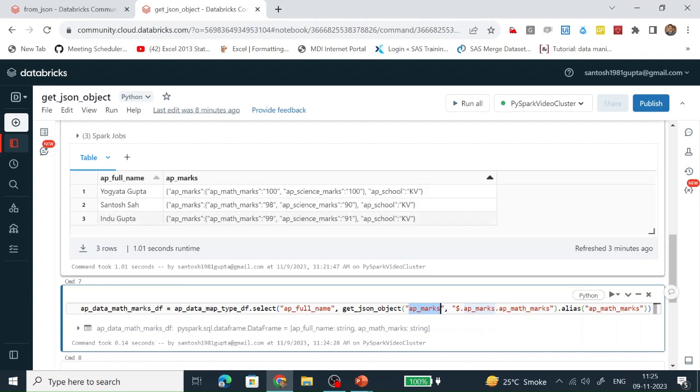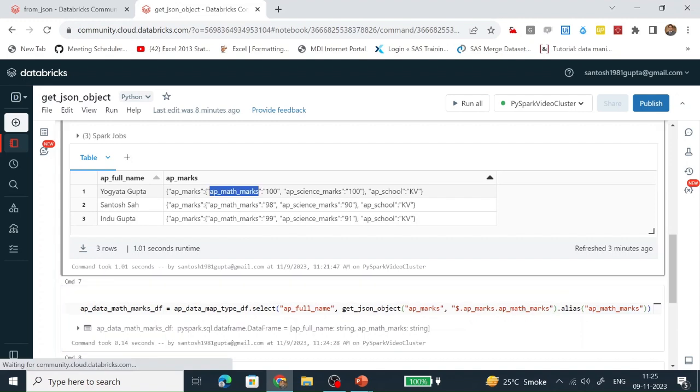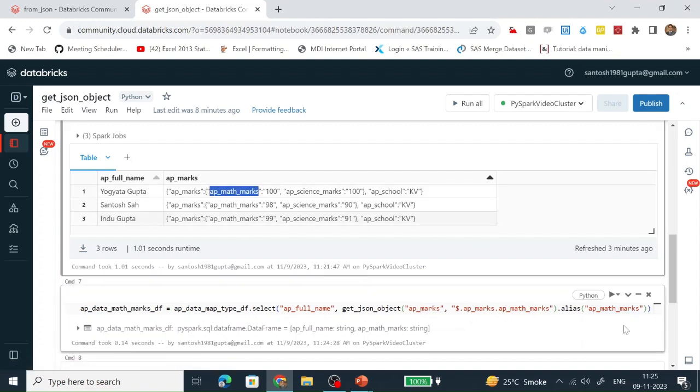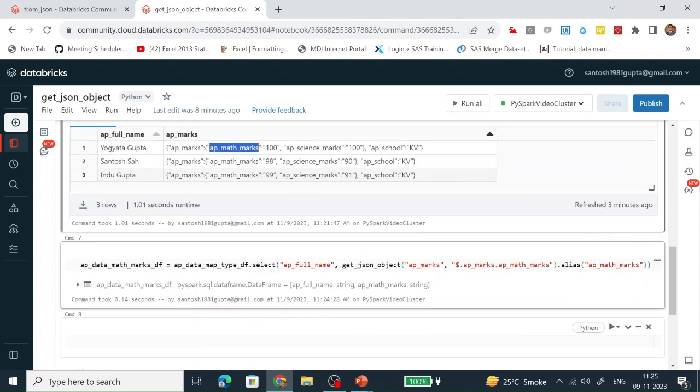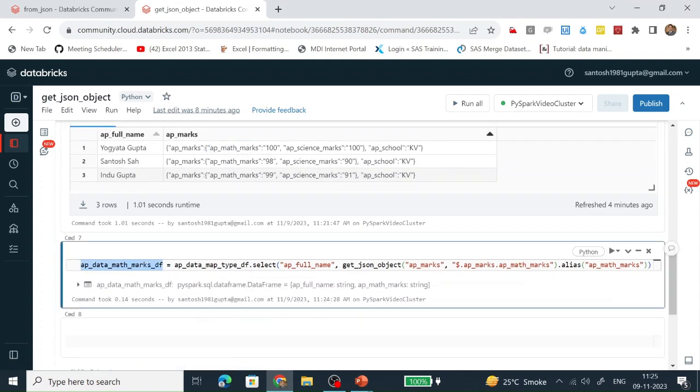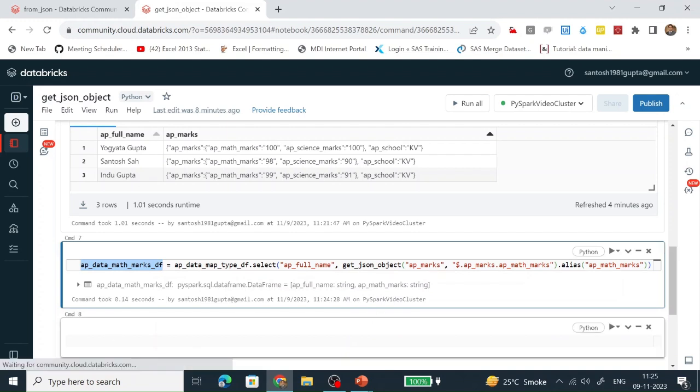So the full path is AP marks, this is the AP marks in this column. In that AP marks we want to fetch the AP math marks. This one is the AP math marks, and I am going to give the alias of the column we are creating here as AP_math_marks. When we have run it, this data frame has been created successfully. Let's see the content.